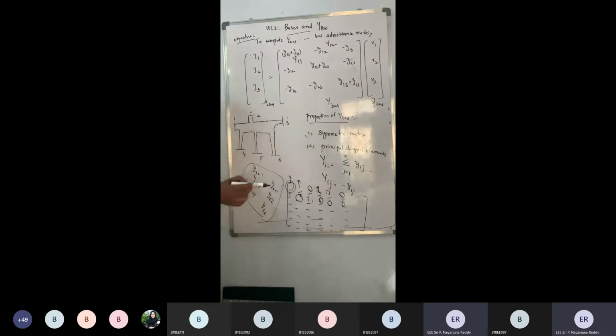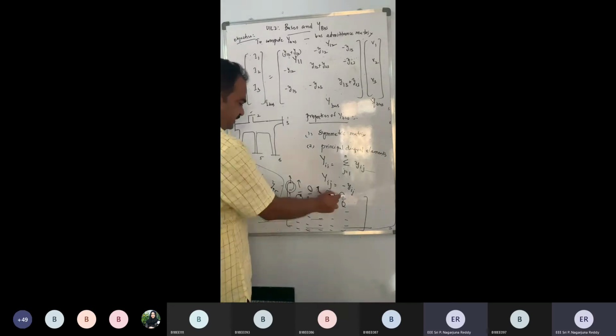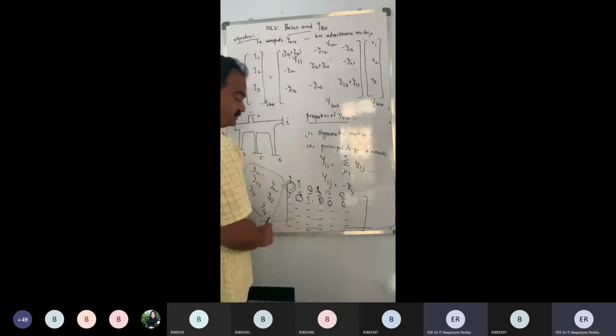See, normally in a power system, we can't connect all the buses. Can we connect every bus to each of the other buses? Is it really possible in a power system? No, it is not possible. Most of the time, there will be limited connections among the buses. A bus will be connected to a maximum of 2 or 3 buses which are adjacent to it. It is not possible to connect all the buses to all the buses. So that's fine. If you carefully see, most of the elements in the Y bus matrix are zeros.